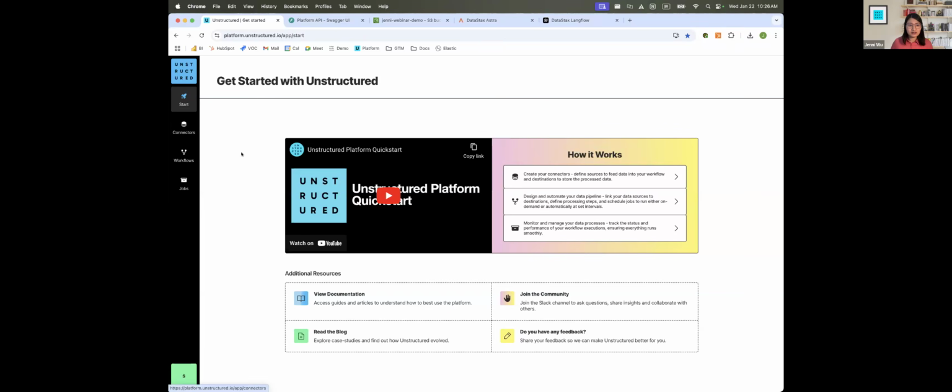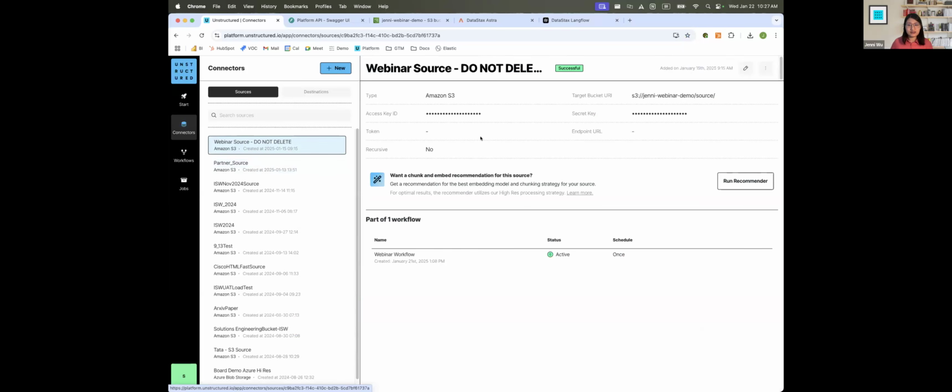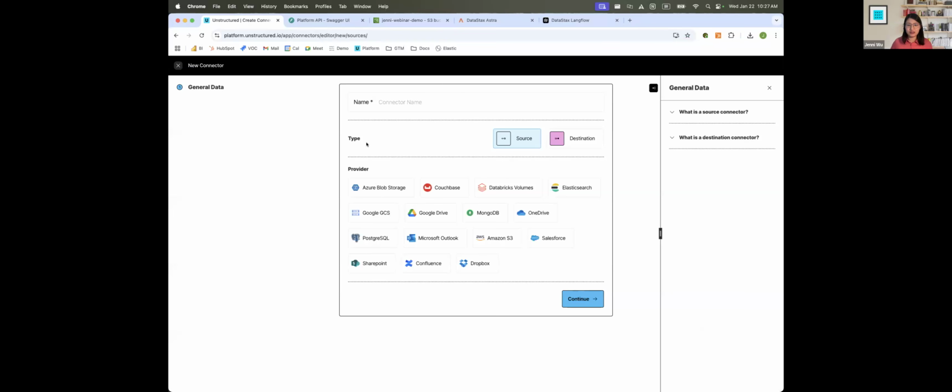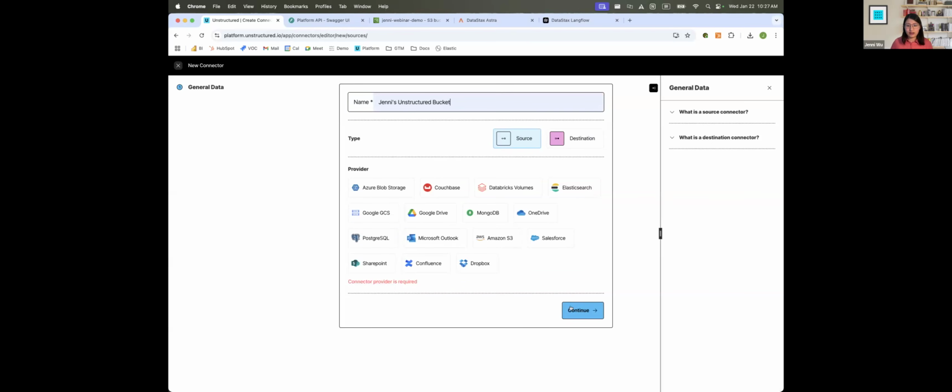So what does a connector look like, right? We have both sources and destinations, as Sudarshan has mentioned. When I go in and set up a connector, essentially I can click on create new connector, and we support over 50 source and destinations. Give it a name, select the provider, and then once you click on continue, it will ask you for some credentials that you would need to set up.